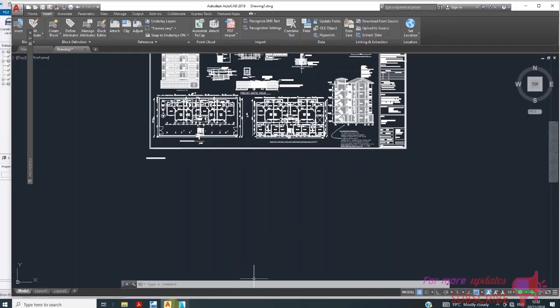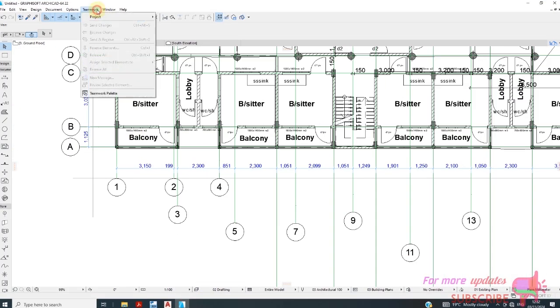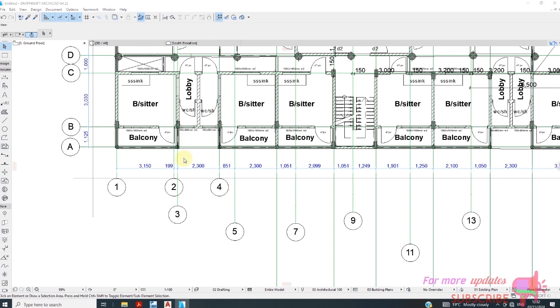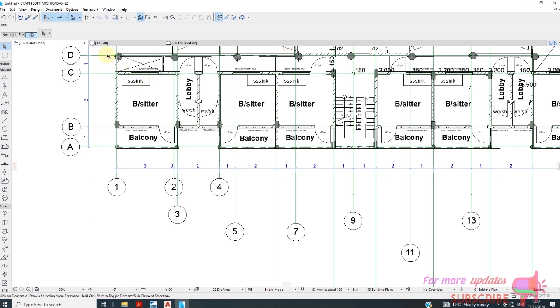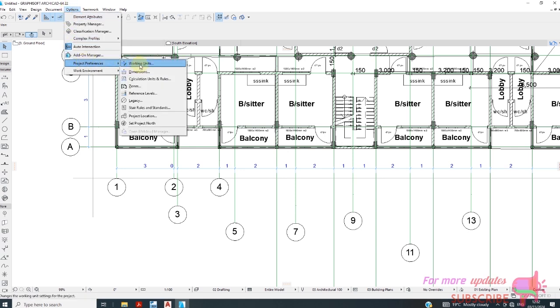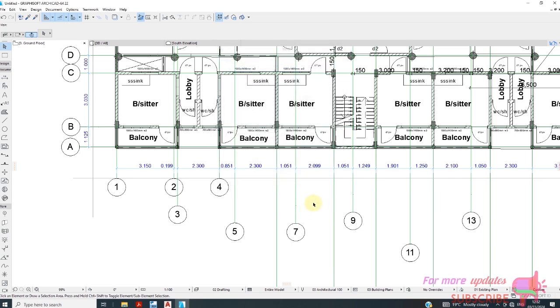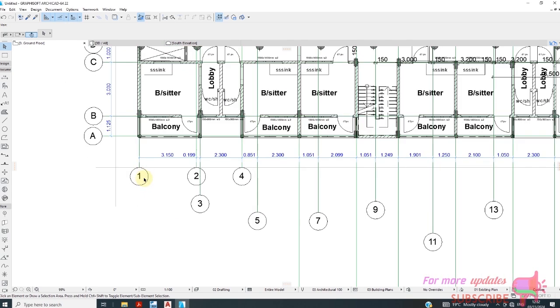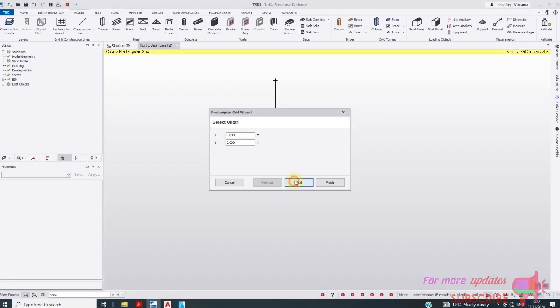I can go just to options, dimensions, change to meters. Okay. Options, dimensions, decimals, and up to 3 decimal places. Okay. So my first dimension, next, is irregular, is 3.15,